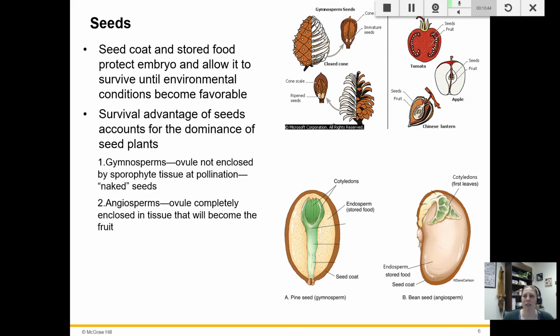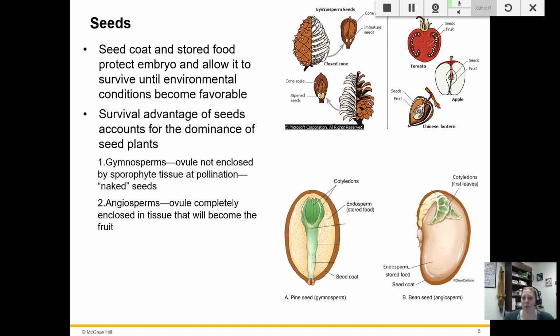So within our seed plants, there are two kinds. You can have gymnosperms and angiosperms. Gymnosperms means naked seeds, and that the ovule is not enclosed. There's no fleshy tissue around the seed. So if you ever see a pine seed, they look like little helicopters sometimes falling out. The cones will hold the seeds until they're mature and able to be dispersed, at which point those seeds will flit in the wind and float down like helicopters. There's no fruit to those seeds.